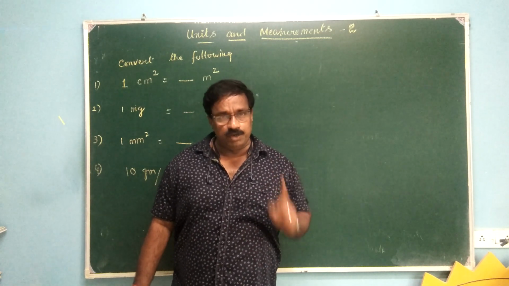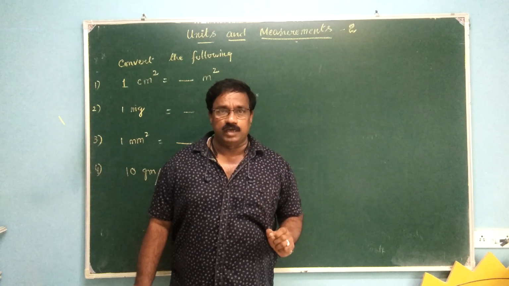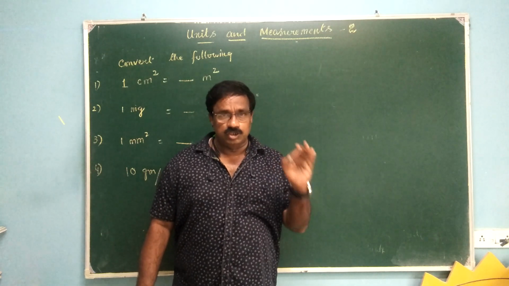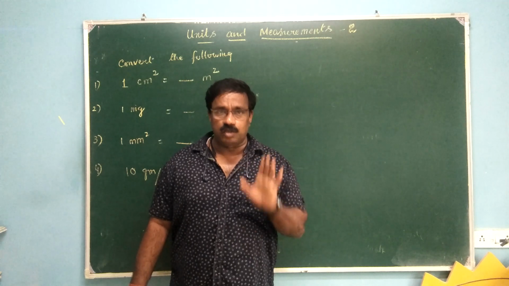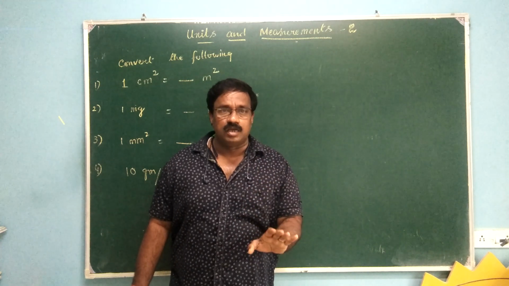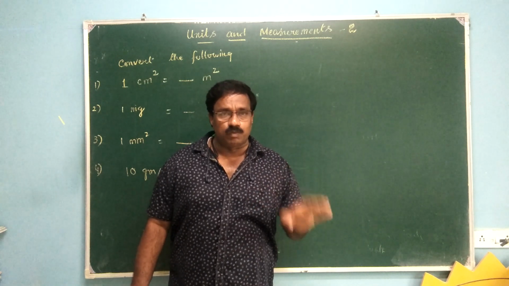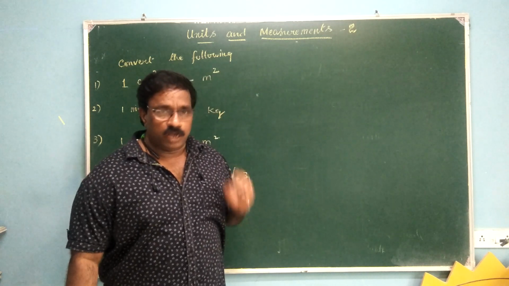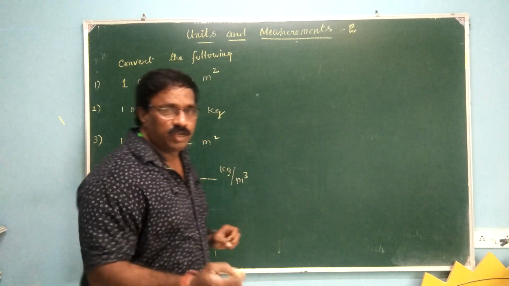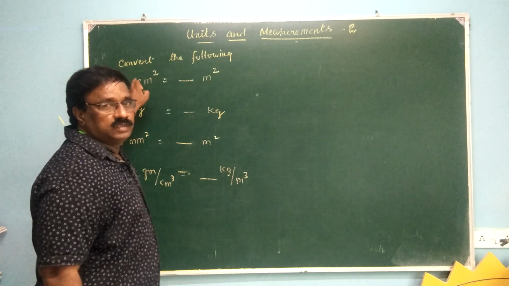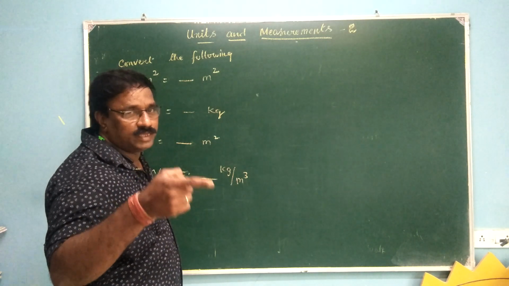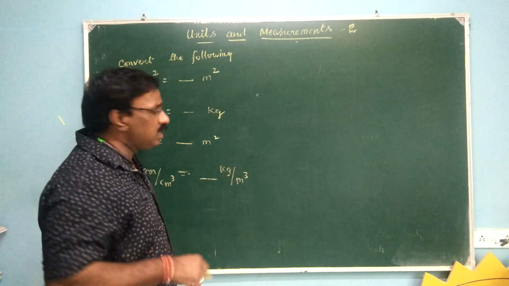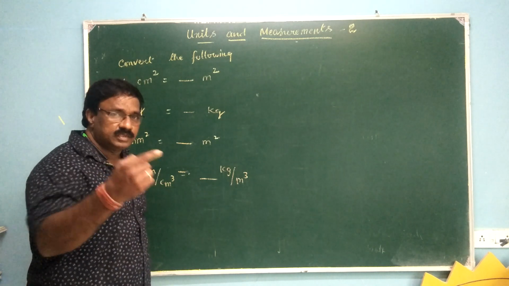So it is a must every time before starting the numerical, write all the data and check whether they are given in proper units or not. If they are not in the proper system of units, please convert them. Like this, you are doing a numerical in SI system, but they are given area in centimeter square. Centimeter is CGS but not SI. So it is necessary for us to convert centimeter in terms of meter, which is SI.